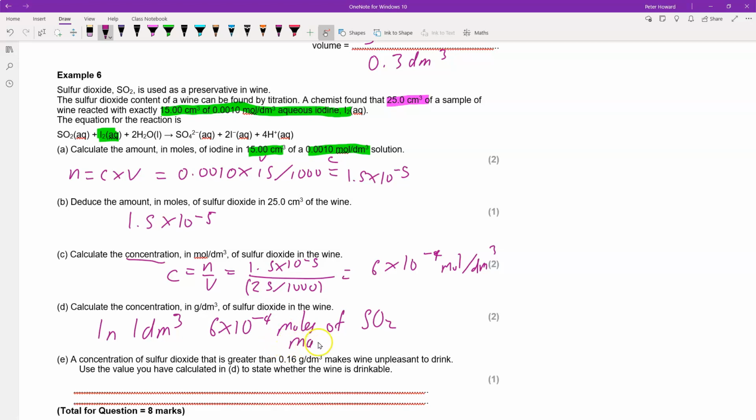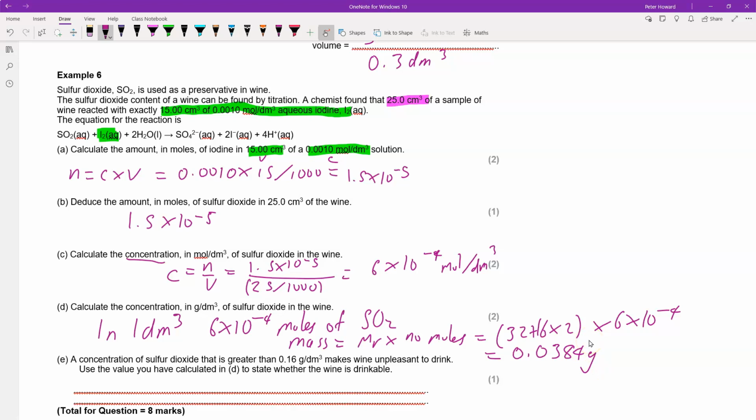So mass equals MR times number of moles. So the MR of sulfur dioxide, 32 plus 16 times 2, which is 64, times number of moles, 6 times 10 to the minus 4, giving me a very small mass of 0.0384